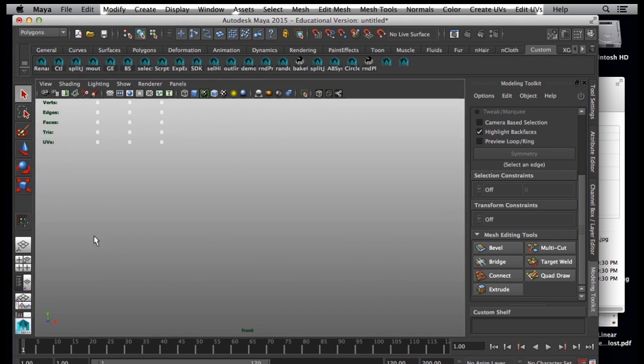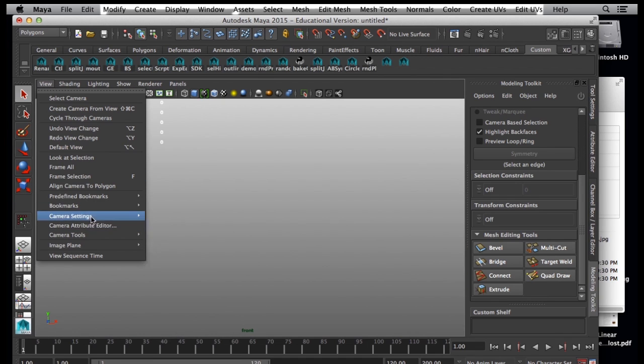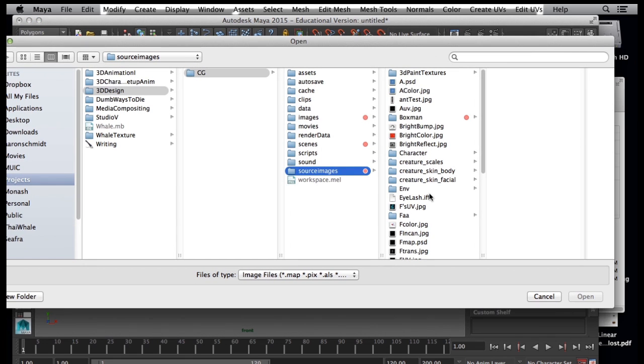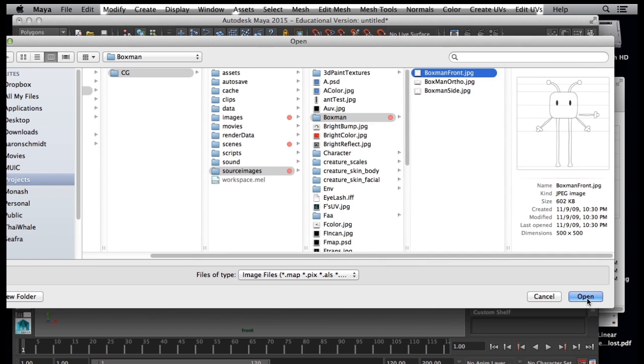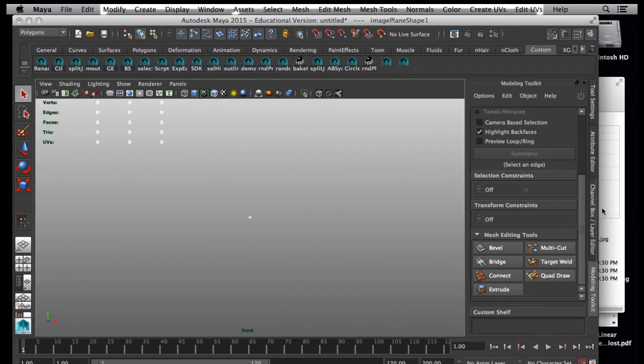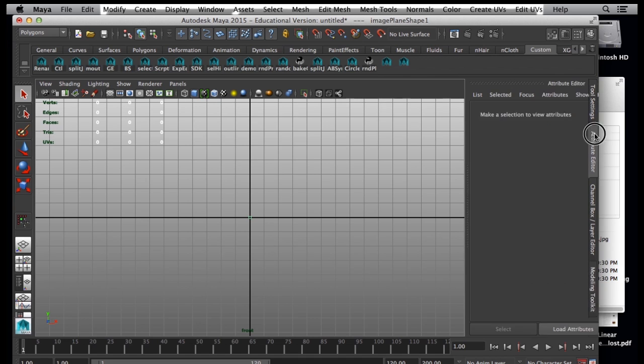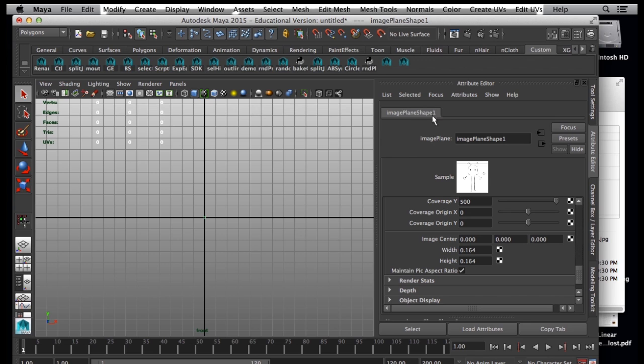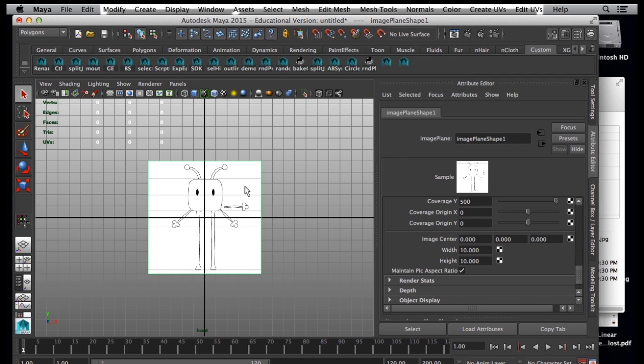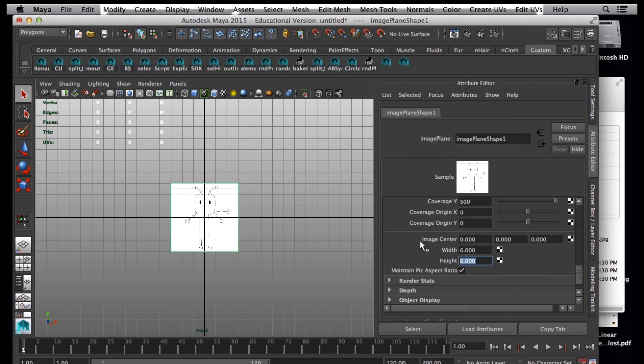Next, we can go to View, Import Image, and we go to Boxman Front, and you'll notice that this is way too small right here. Way too small. So I'm going to have to go to Image Plane Setup right here, and the width, I'm going to make it 6 because he's 6 feet tall by 6,